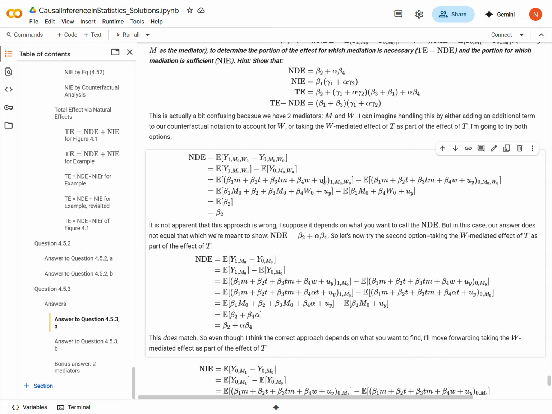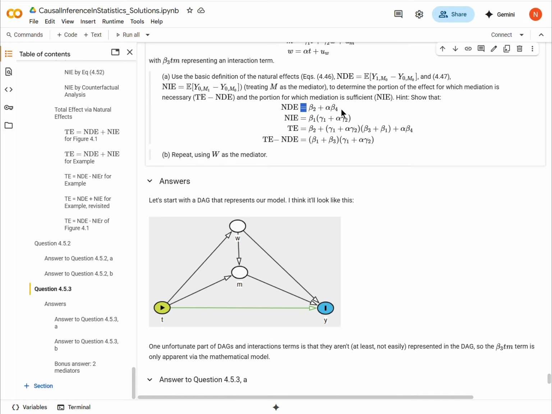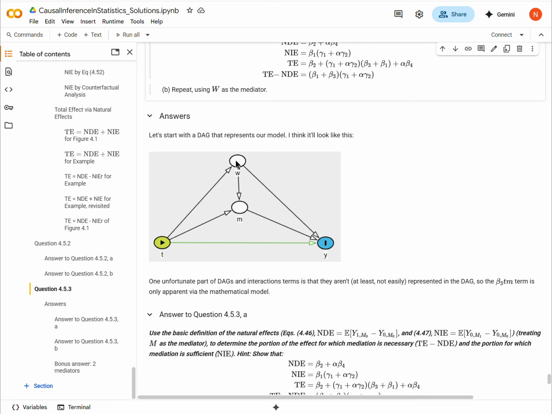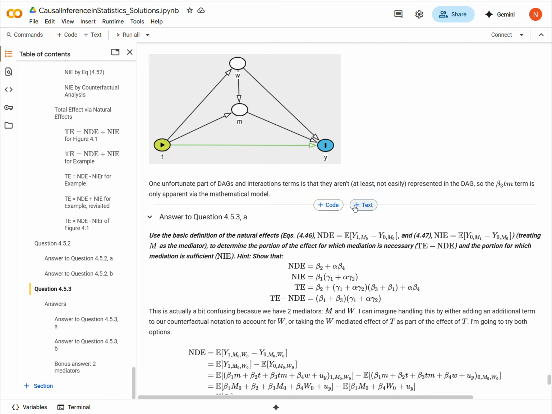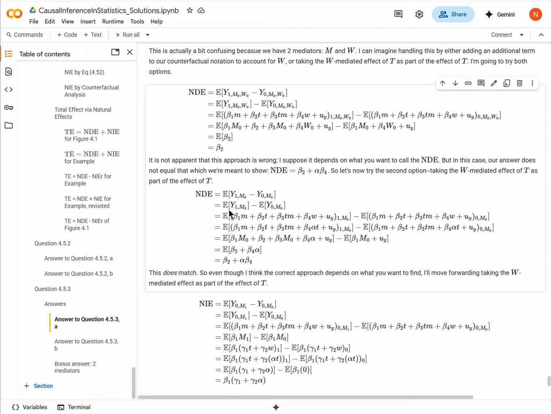By this point, you have seen this counterfactual calculus that we've developed. When you push all of that through, you get beta 2. Well, this is not the NDE that we are supposed to find. So that told me that we are not supposed to use W and M both as mediators. When we just use one, M in this case, we in fact come out with